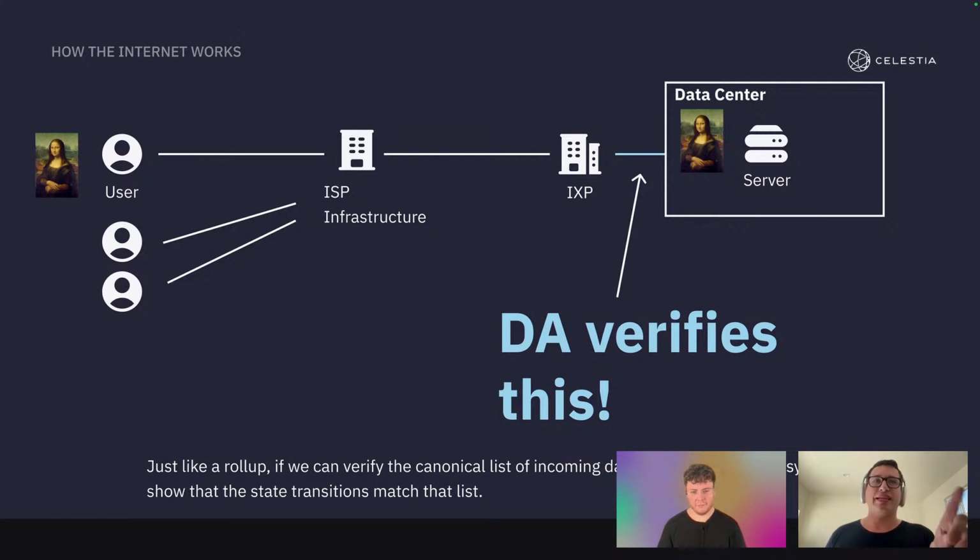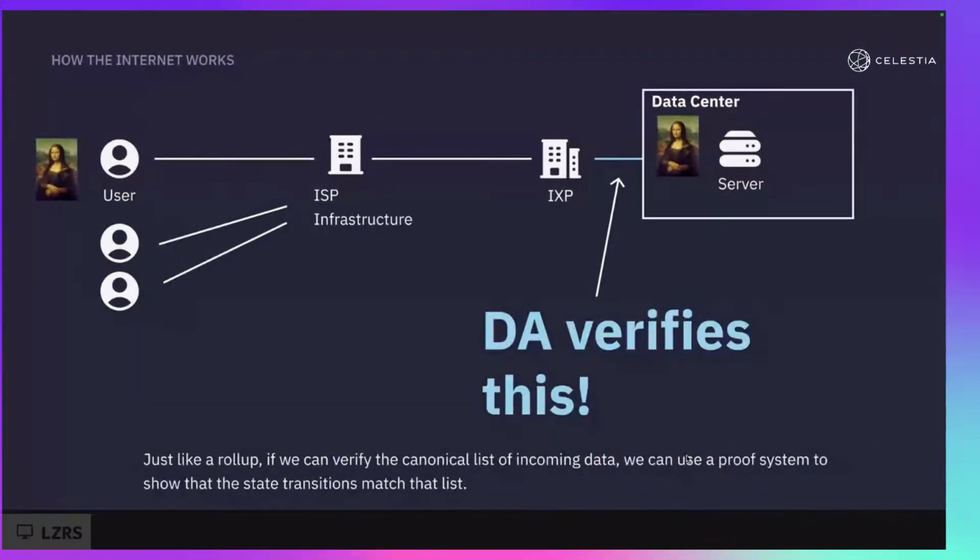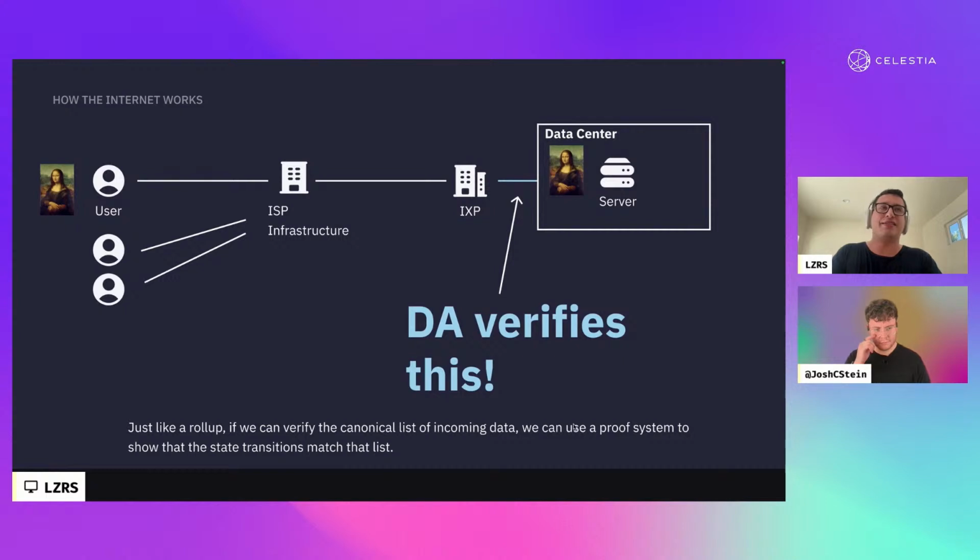This right here is essentially what the DA layer is making verifiable. It's running on top of the internet. It's not part of the internet infrastructure, but you should think of it as a bandwidth verification tool, something that says this is the order that the bits came through as we send them to the server